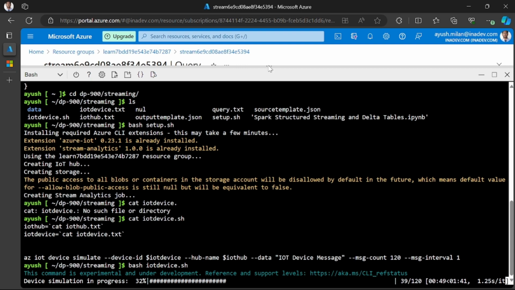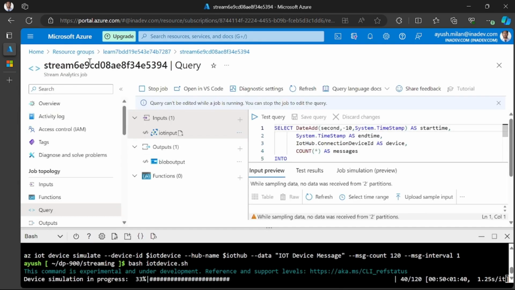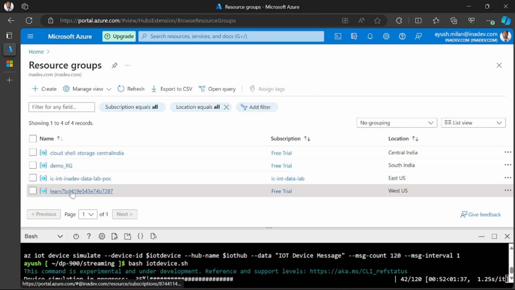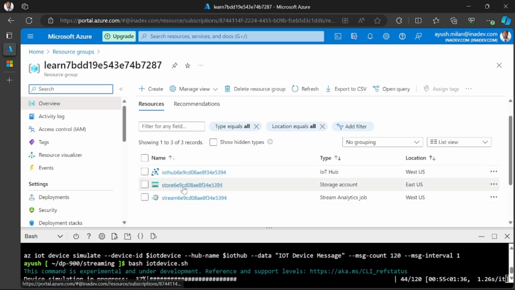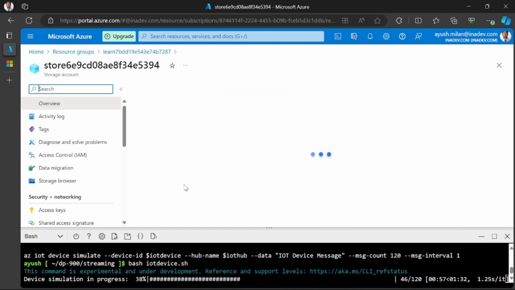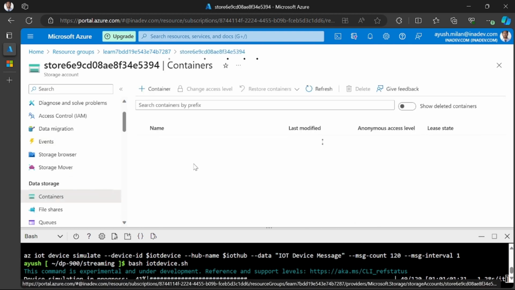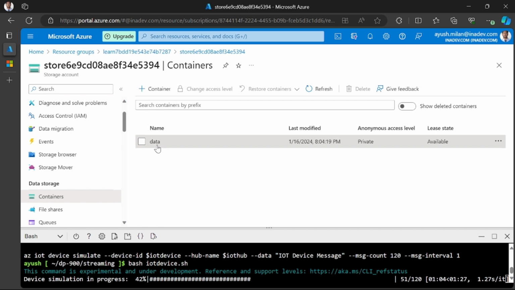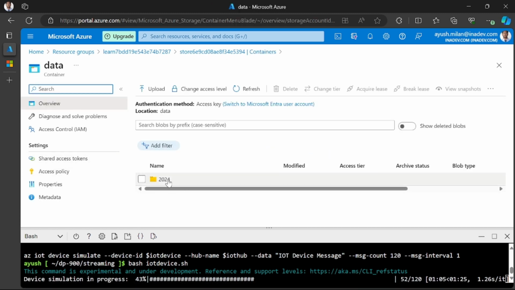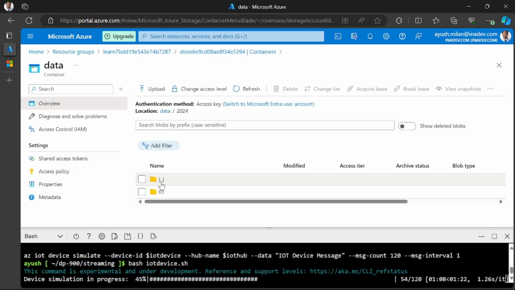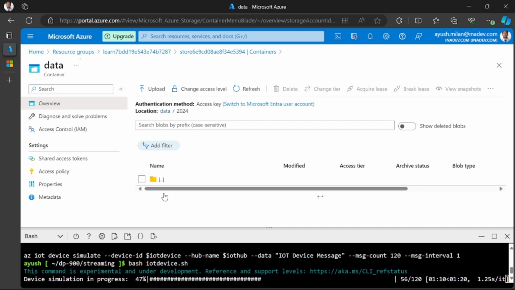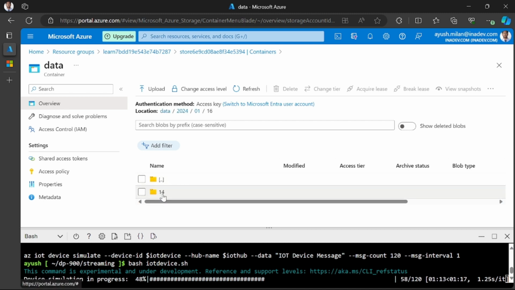While the simulation is happening, just go to the storage account inside the resource group. Go to the resource group and in the storage account, go to the data container which is created while the setup is done. Go to the data container in which you will see the logs are being captured,